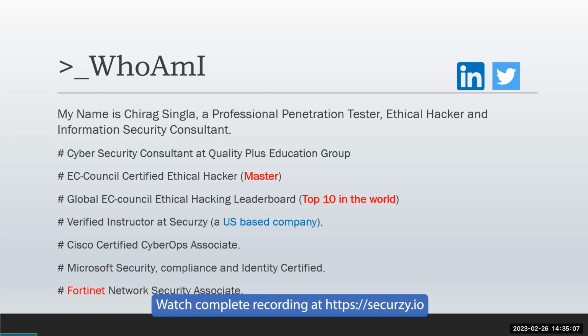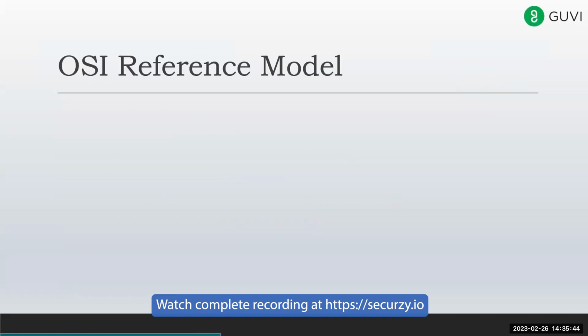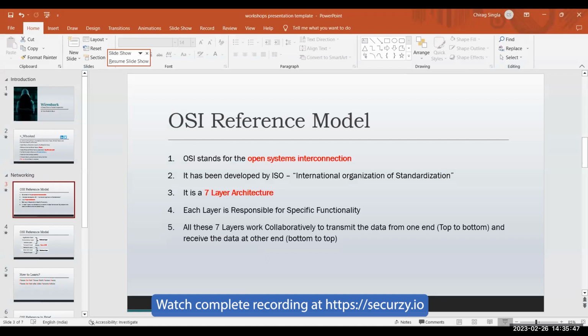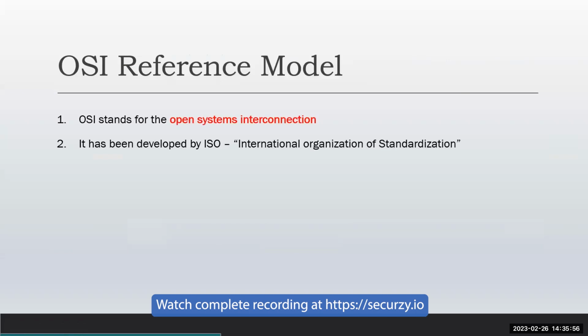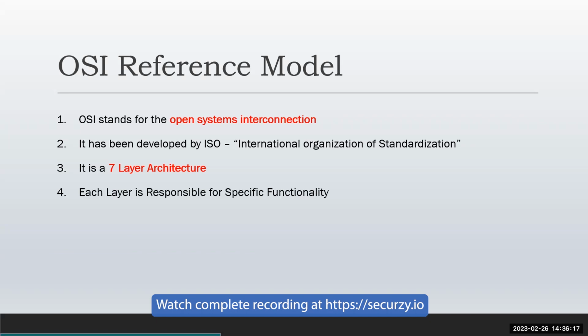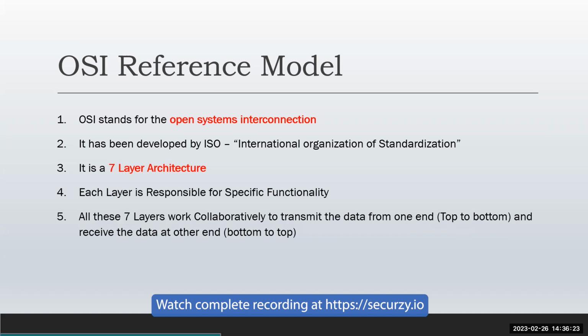Great. So let's see some things about the OSI model. OSI is a reference model, right? It stands for Open System Interconnection, and it was developed by the International Organization for Standardization. So this is just a reference model. This is not used in day-to-day networks. It has a 7-layer architecture. There are 7 different layers, and each layer performs a different task, right? Each layer is responsible for specific functionality, and all these layers collaboratively